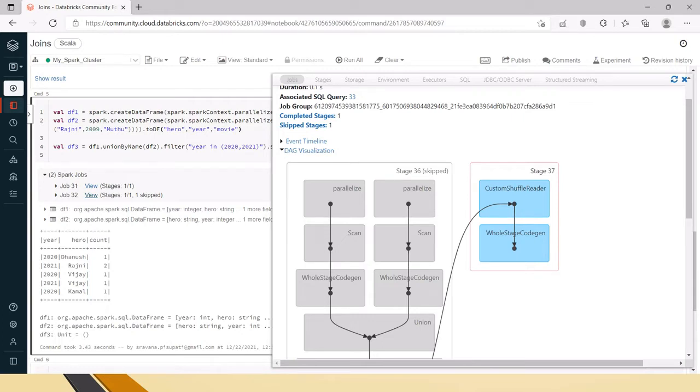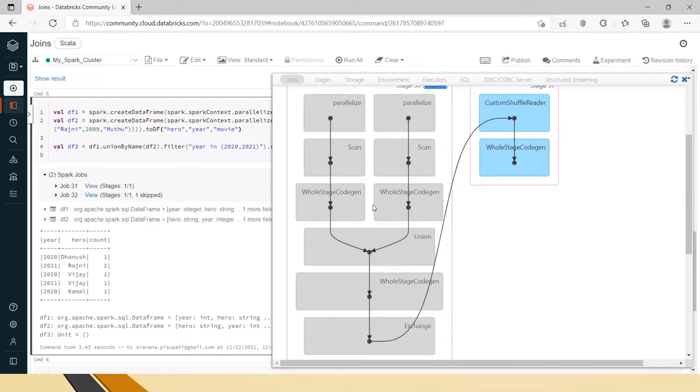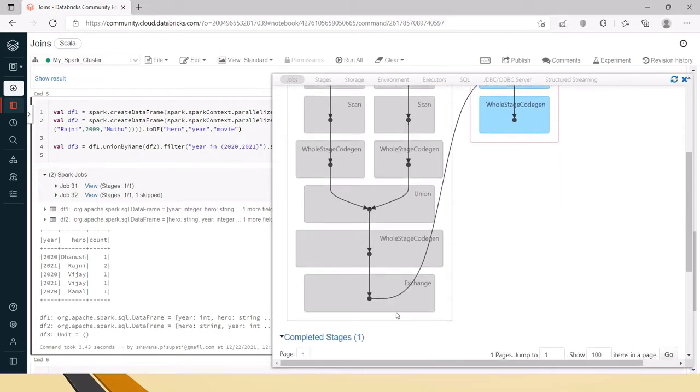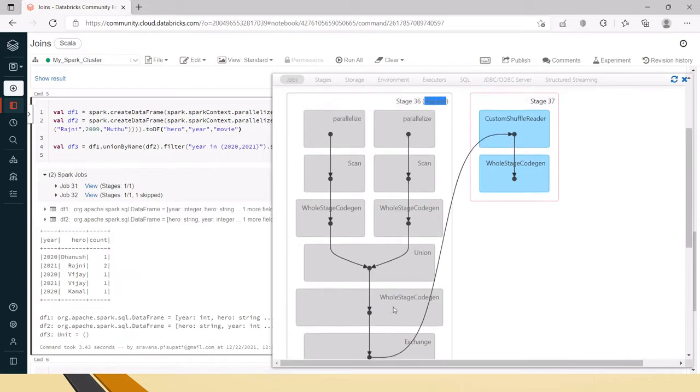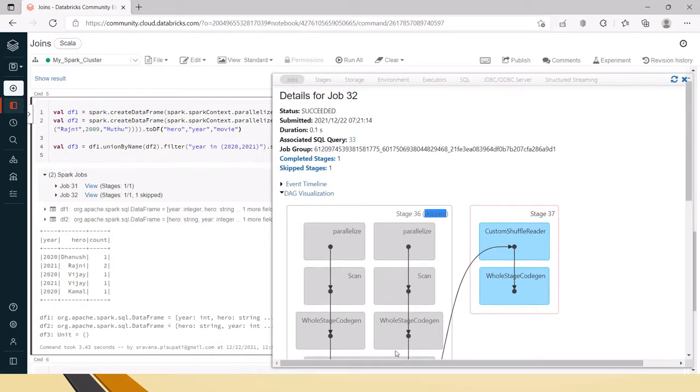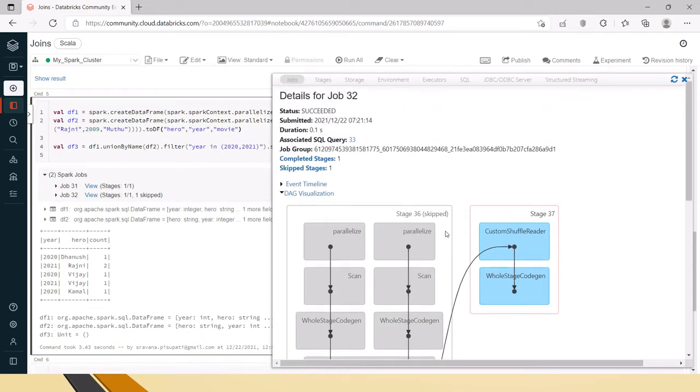And what skipped means here is, usually when you have multiple stages, before sending the data to the next stage, it will cache, which means skipped means no need to re-evaluate it, which means it's already cached. Here we are caching to the write buffer. So the same buffered data will be sent to the next stage as input. That is the meaning of skipped.